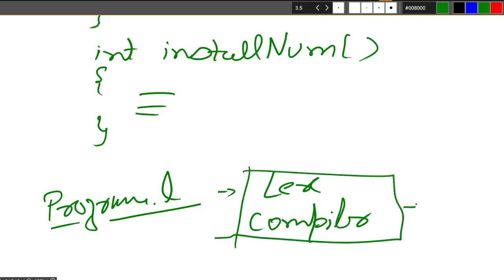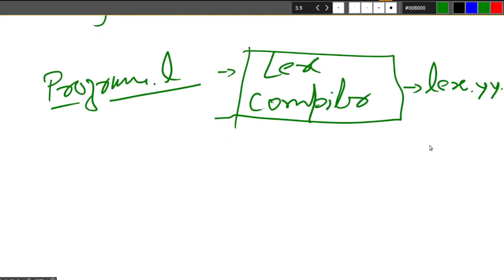This Lex compiler will generate one file, which will always have the same name, lex.yy.c. Now this lex.yy.c will be given to your C compiler. It will generate a.out, and you will execute that a.out with the input stream, whether you give a file or input manually,